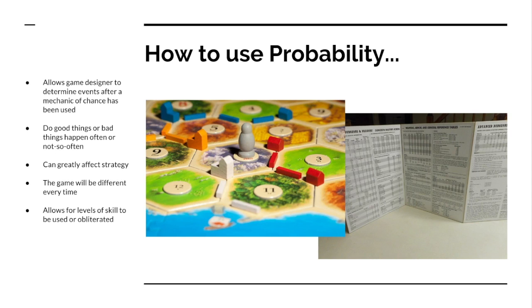And you can see there's also a 9 there. That's a different type of resource. That little gray figure in the middle is a game mechanic. Whenever a 7 is rolled, that little gray token, called the robber, is moved from one resource tile to another. So he might be moved from the 3 to the 11. And whoever rolled the 7 gets to choose where he goes. So 7 is the chance. The probability is it's going to happen pretty often. 1 in 6 times the dice are rolled, the robber is going to be moved. It's not always 1 in 6, but that's how probability works. There's a 1 in 6 chance.